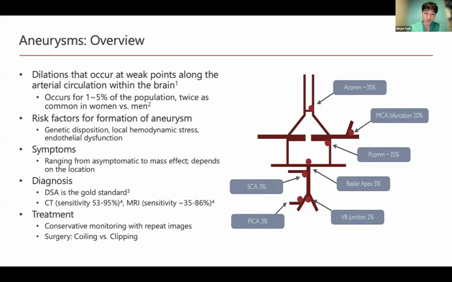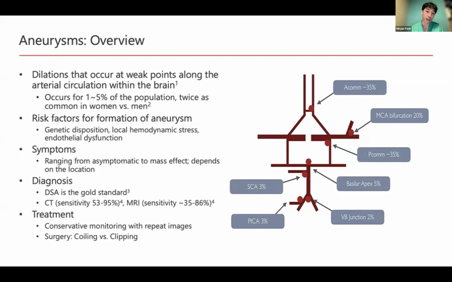Actually, one fun thing I found just in general regarding these aneurysms is that there is some seasonal impact on aneurysm rupture. Studies have shown that during spring and winter, there's a higher risk for aneurysm rupture, and they think this is due to the drop in temperature. The cold climate allows for increased blood pressure for heat retention and whatnot, which I find very interesting. But other than that, for diagnosis, DSA is the gold standard.